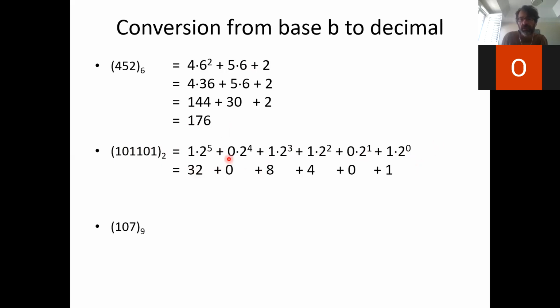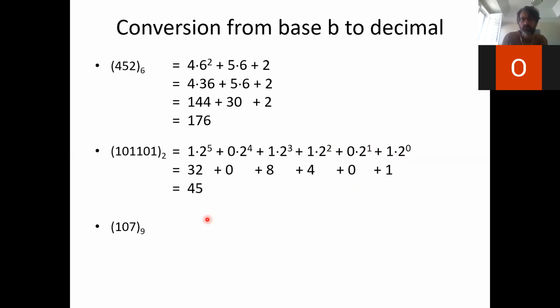So basically the 0 part I can ignore, and I only care about the powers of 2 where there is a 1 in the corresponding digit. But it's always better to do it slowly, because if you don't, you might mess this up and skip a power of 2. So even though it's simple, when you're asked to do this, it's better to just do it by the book. Be careful not to skip some power,